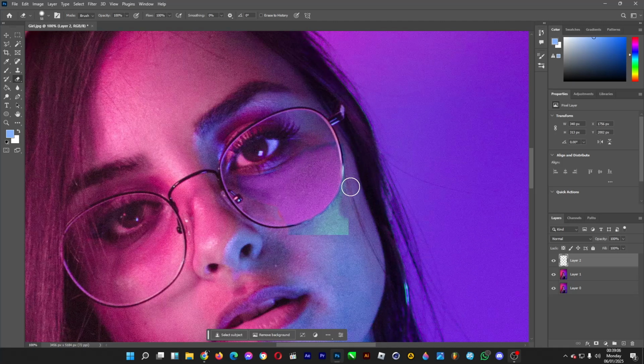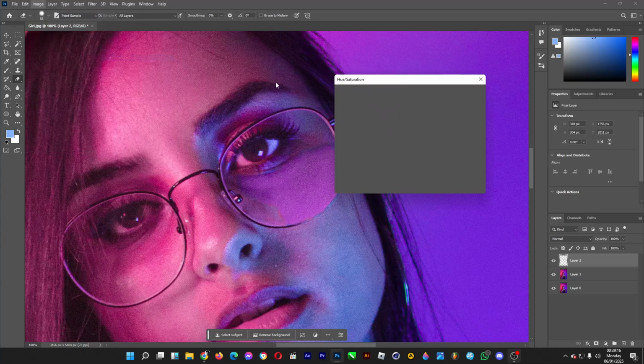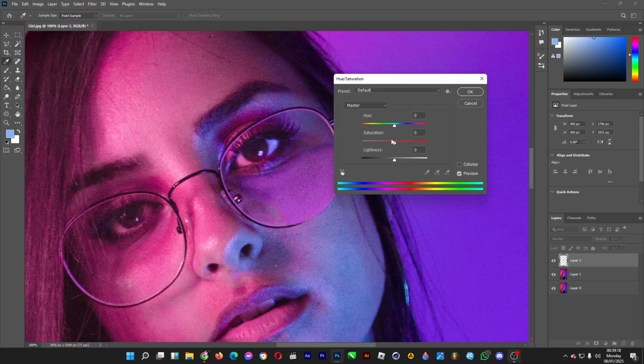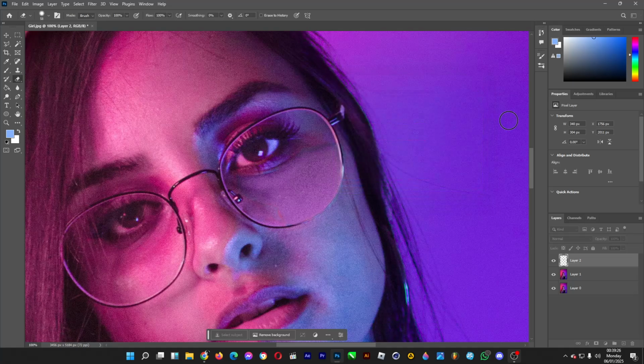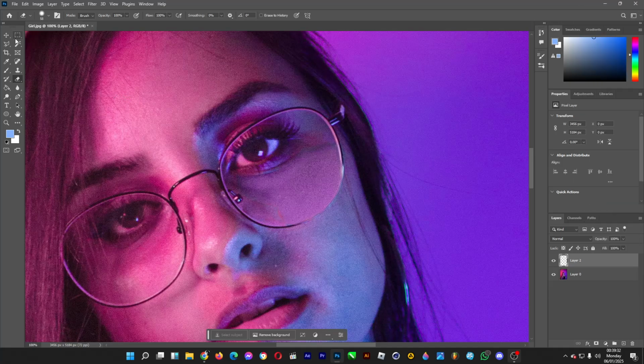And then when it's done, it will look like this pretty much. And let's decrease the saturation a bit. Adjustments, hue and saturation, and then decrease the saturation just a bit. So it looks like this. Then when you're done, click on OK. Afterwards, hold the control key to select them all, and then right click, merge layers,